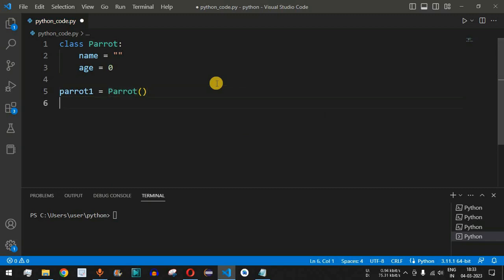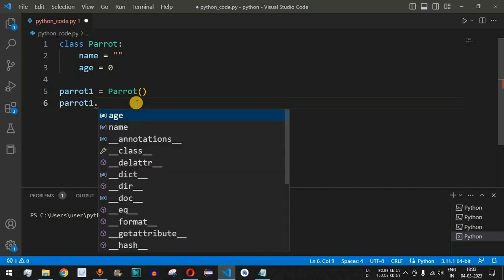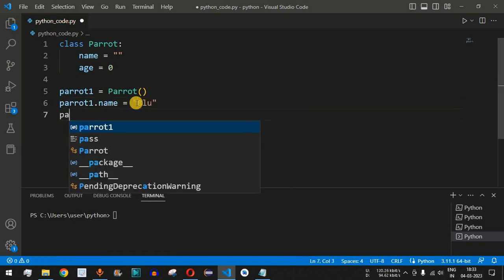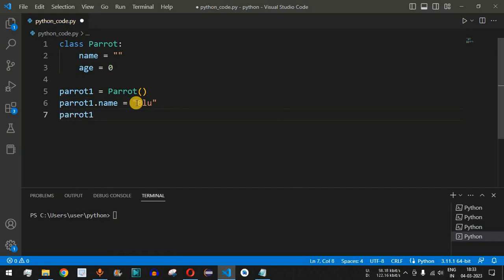Now guys, so far what we had done is, in order to initialize both these attributes, we were calling the object name followed by dot and then the name of the attribute. So let us do that first. So we are going to use the parrot1 object over here followed by dot, and then let's say the name of the parrot is Blue over here. So we provide the name of the parrot and then we also provide the age of the parrot. So let's say parrot1.age is equal to 2 years old, and then we can simply print the name and